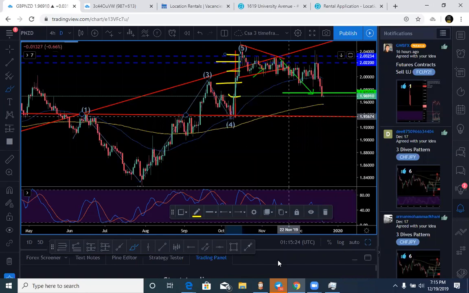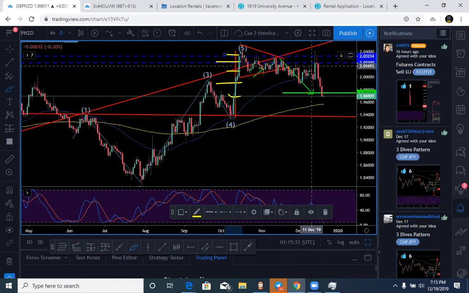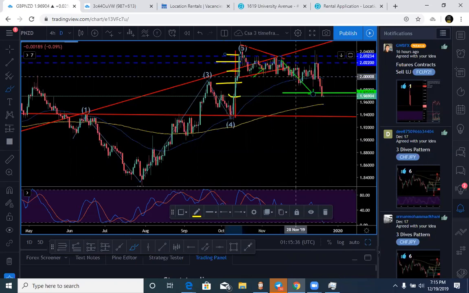Now we're going to dive into what we call supply and demand. Supply needs to meet the demand. That's going to be the key thing in the market, is there's a supply area